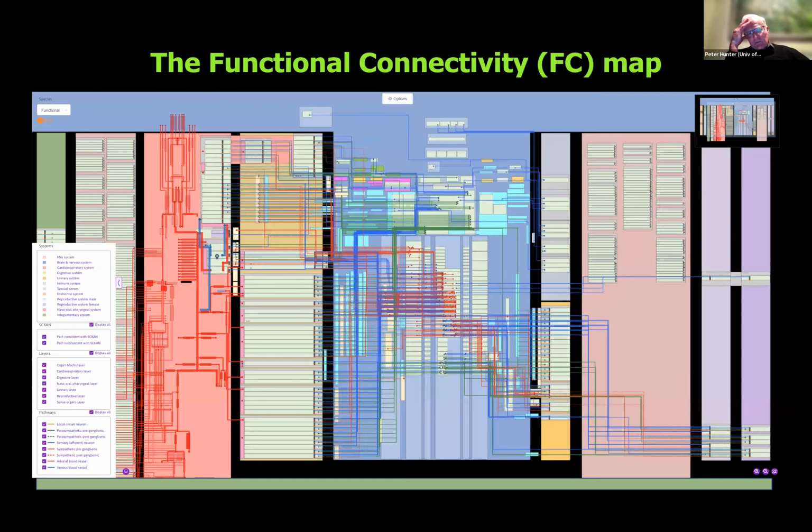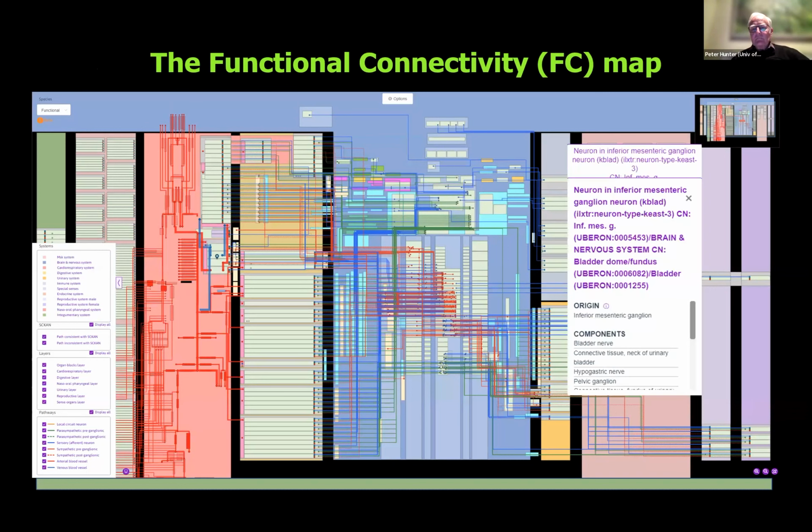So we've developed this concept of a functional connectivity map, FC map, which is on the Spark portal and has all the organ systems defined, all the organs, and then all the functional tissue units within each organ. And it's a street map-like environment where all the information, which includes all the autonomic connectivity and vascular connectivity, has provenance. You can look at the sources of information for all the connectivity. So this is all on the Spark portal.